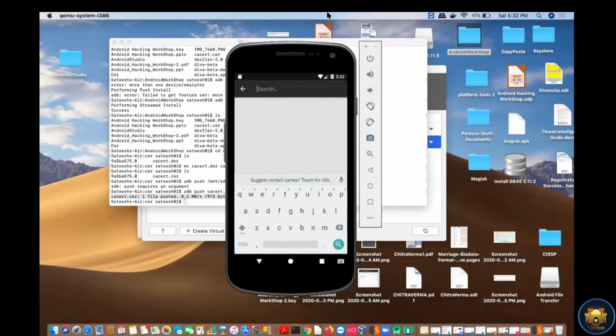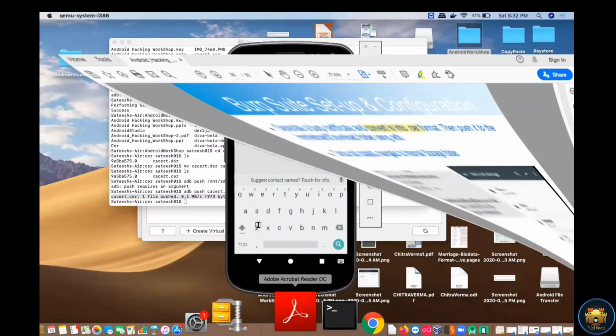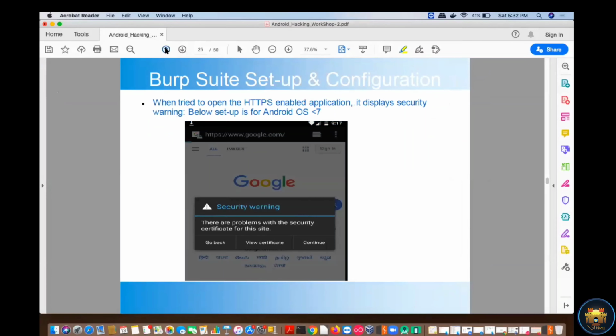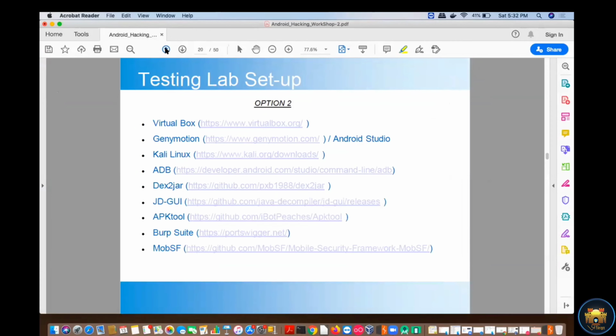Mithal Mehta, please mention the tools of testing. Okay, testing. I think we have already covered this section, which tools are required for performing the testing. So if I go here, this one, testing lab setup, right? I have explained every tool here, which tools are required for doing the pen testing of your mobile applications. All these tools are available. I hope this clears the answer.